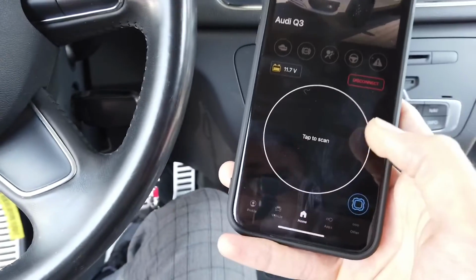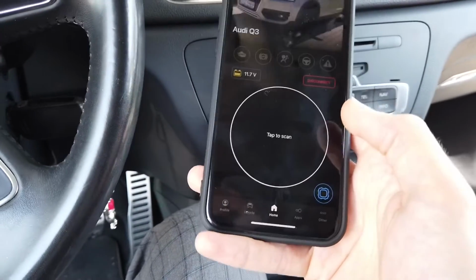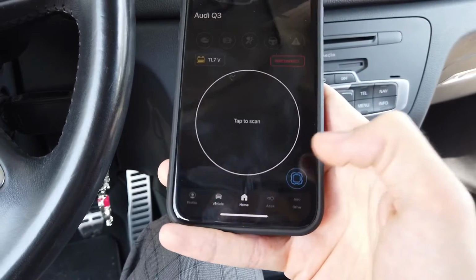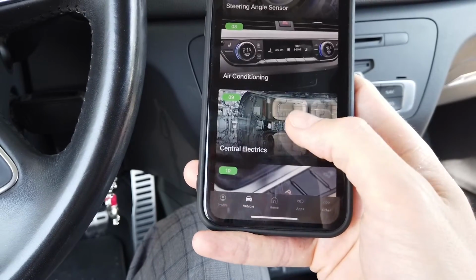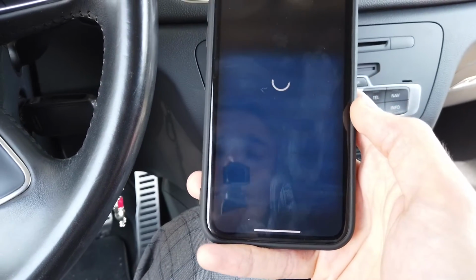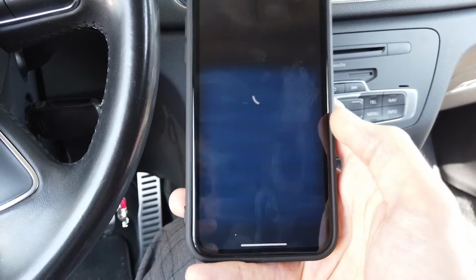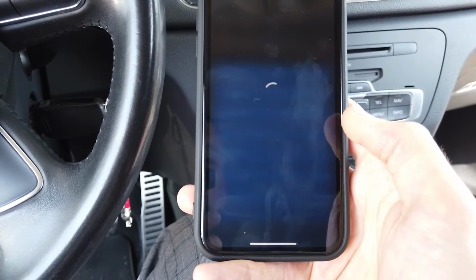You can use any other diagnostic interface that's capable of changing coding and adaptation values in Volkswagen, Audi, Seat and Skoda cars. So over here I'm going to the list of modules, module 09, which is central electronics. And here, once we are connected with the module, we are going to change the coding. So we are going to select long coding,